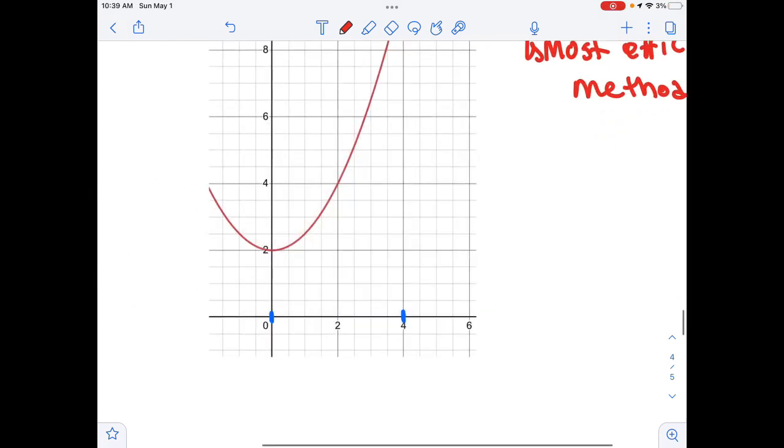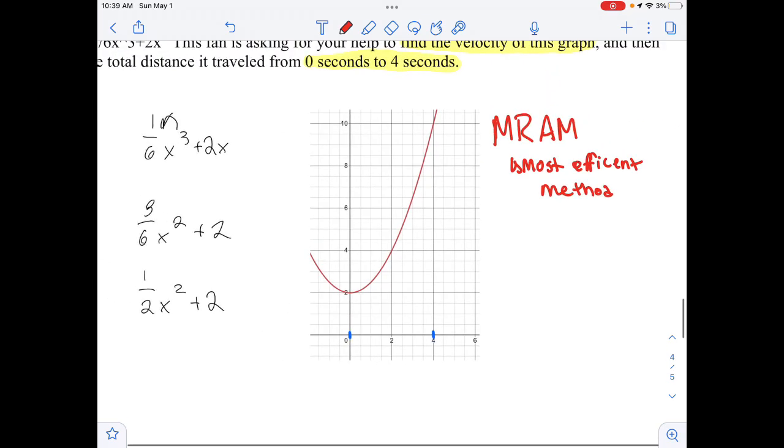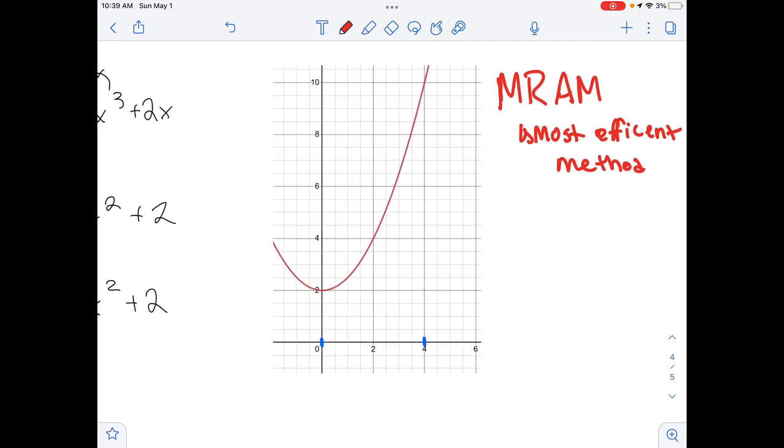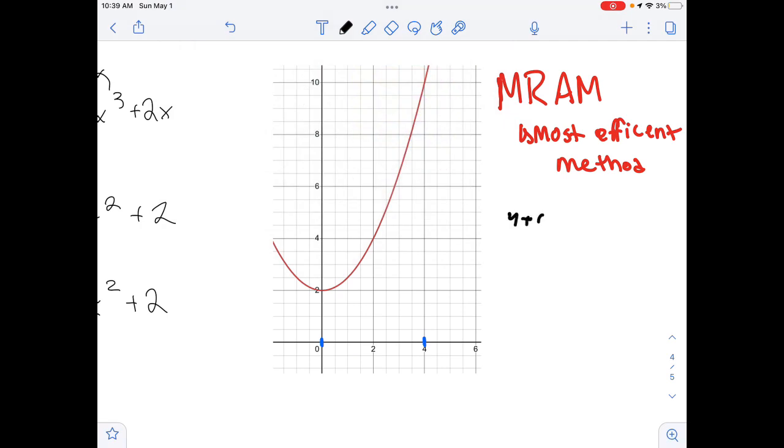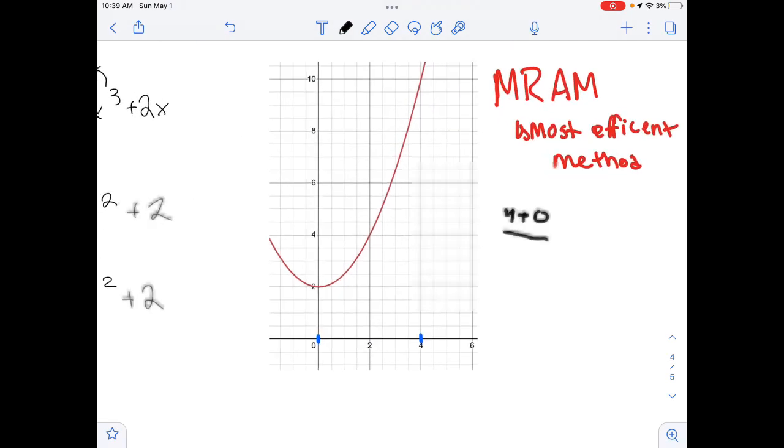So we established our domain that goes from 0 to 4, and we know our graph is 1/2 x squared plus 2. So now we have to figure out what the width of every rectangle is going to be. So if we use the equation, 4 plus 0, and we know we need 4 rectangles over 4, so each equation